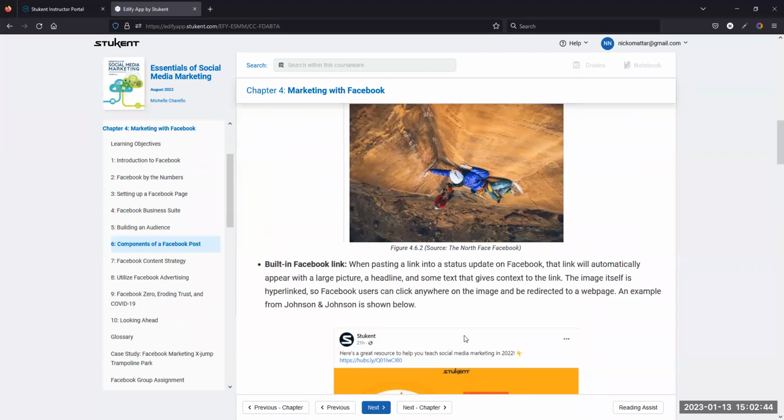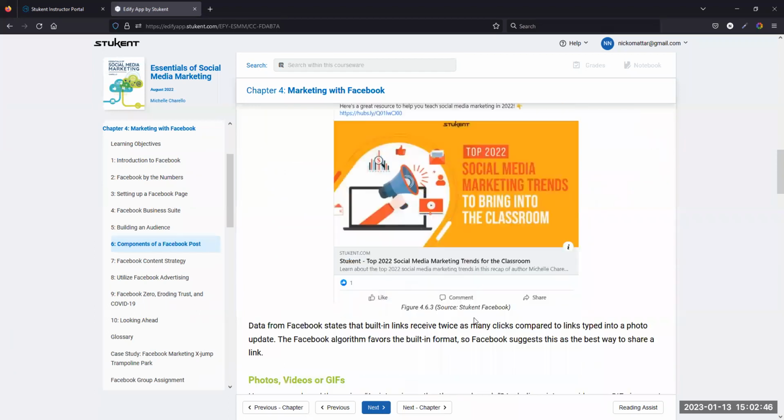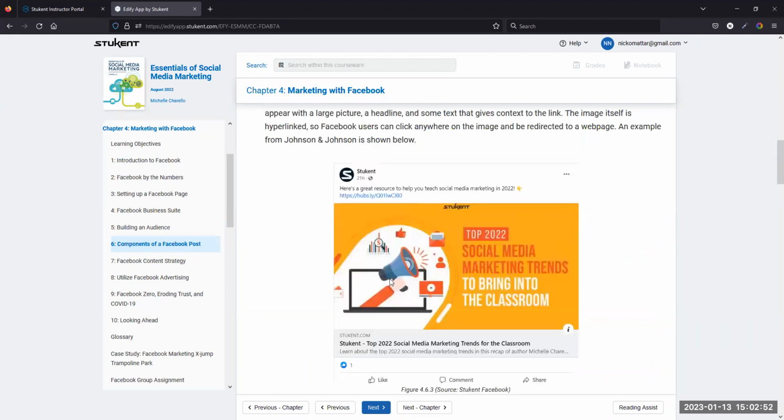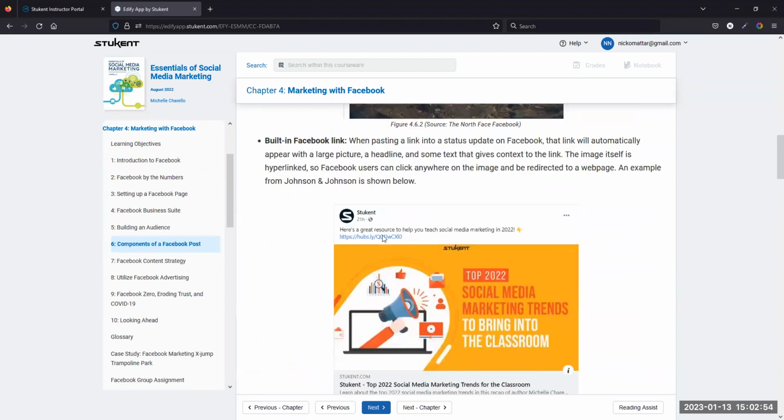Now, interestingly enough, you can copy and paste the link right into the post, and then you could delete that link in the preview, and the actual action of clicking through will remain if you publish it. So it's actually okay if you put in a link and then delete it just for the aesthetically pleasing side